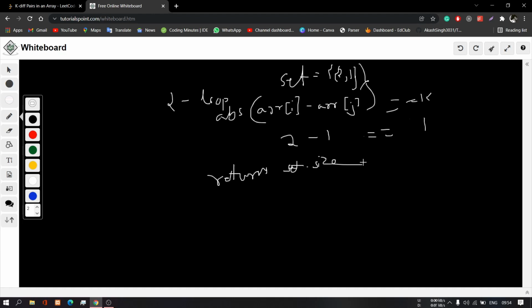So you will get the answer, but you can try this approach, but it may give you TLE because the constraint can go up to 10 to the power 4, and searching in a set takes log n time, and as you are traversing the array in a nested loop, it will take n square into log n time, so it will give you a TLE.